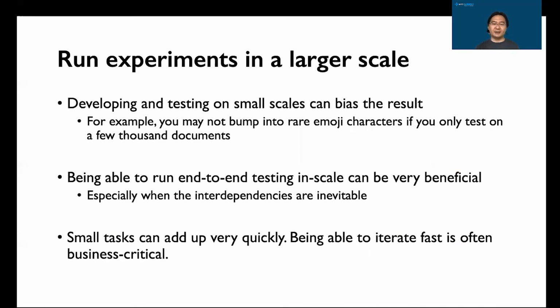But on the other hand, for example, with some NLP, if you have real emoji characters in it, that may actually error out and hit your performance and cause some issues, but you won't be able to notice this until you run your testing on a relatively larger scale. So you can hit all different kinds of cases. Being able to test on large scale is very beneficial for data scientists.